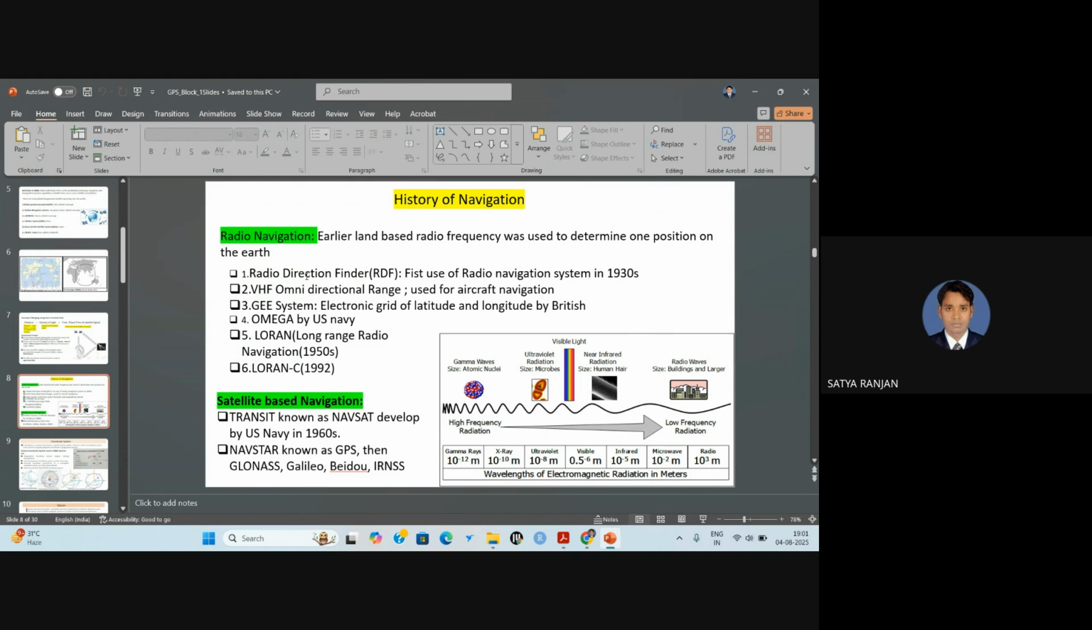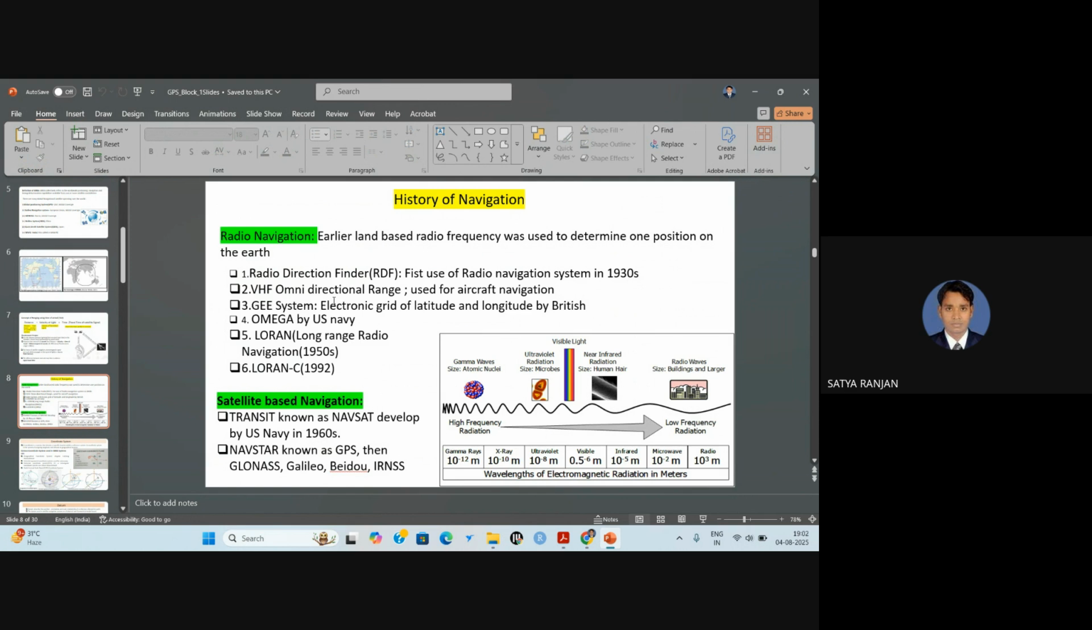The earlier land-based radio frequency was used to determine one's position on Earth. Radio detection finder, that is RDF, was the first use of a radio navigation system in the 1930s. Then VHF omnidirectional range was used for aircraft navigation. Then the GEE system, an electronic grid of latitude and longitude by the British. Then Omega by the US Navy. Gradually it increased and the precision also increased. Then Loran, long range radio navigation, in the 1950s. Then Loran-C was also used in 1992. So these are all land-based